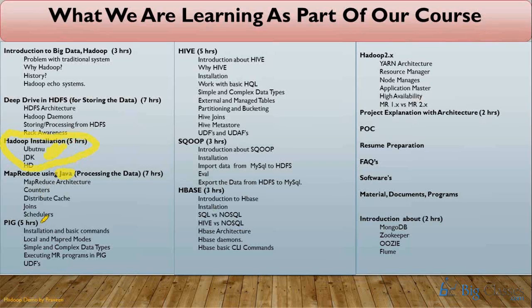After that, Pig, Hive, Sqoop, HBase, the components we are going to be discussing. Apart from that, we have around 40 plus components, guys. Nobody is going to have an idea about all these components. Then Spark and Scala also we have. Altogether, that is a separate course. It is again 45 hours if we talk about Spark and Scala. So each and every component keeps adding a minimum of 3 to 5 to 7 hours of concepts. So as part of our course, we are going to be covering Pig,